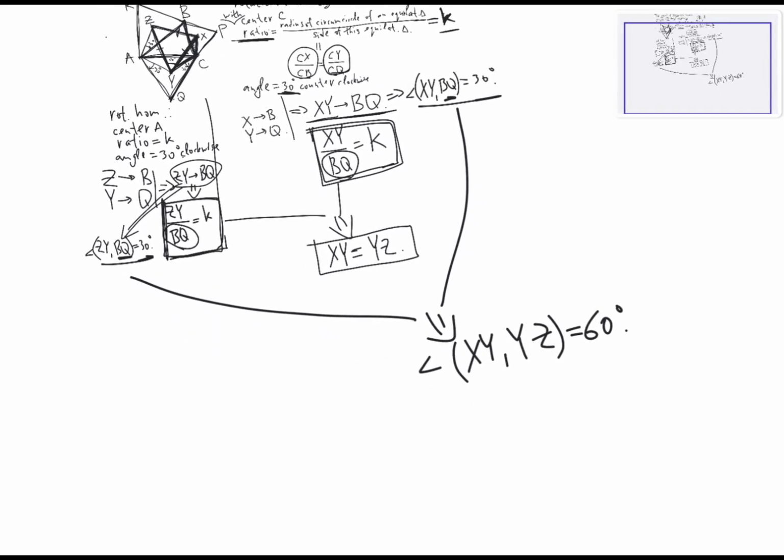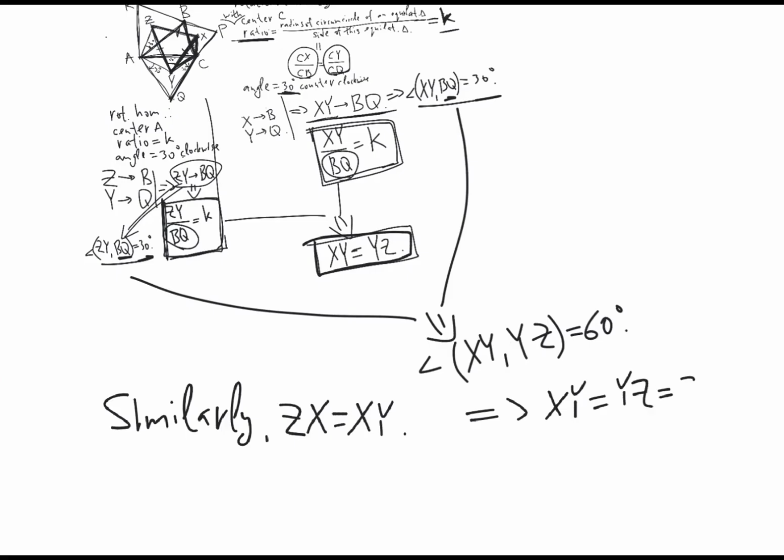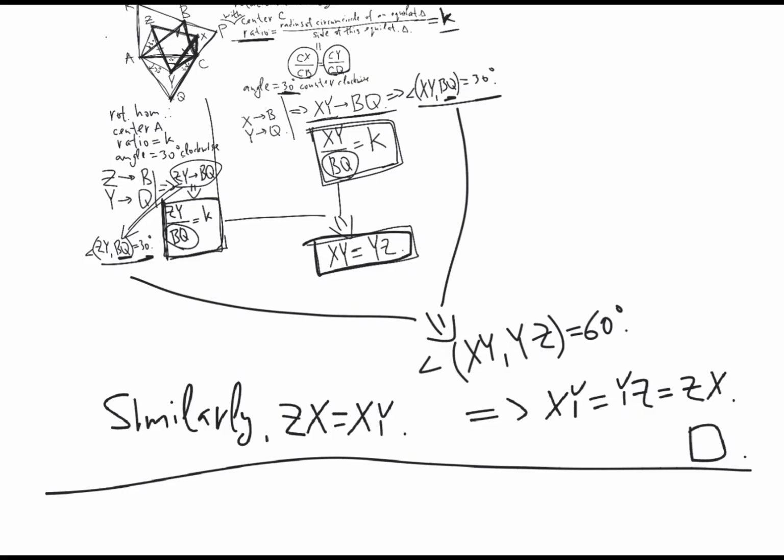Similarly, we can prove that ZX is equal to XY, and then we have that XY is equal to YZ and is equal to ZX. All three of them are equal, and this concludes the proof. Yeah, so that's it for